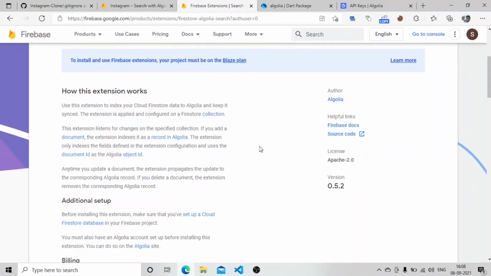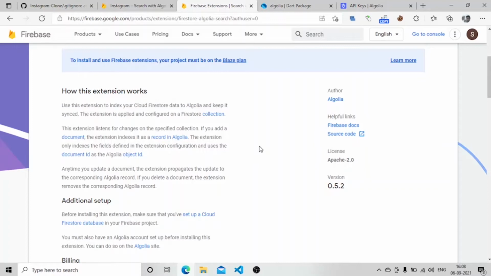Okay, so if you want to implement search on the basis of your users, like on the basis of username, user full name, user location, user bio, or anything, your collection of users will automatically be exported to your Algolia application.